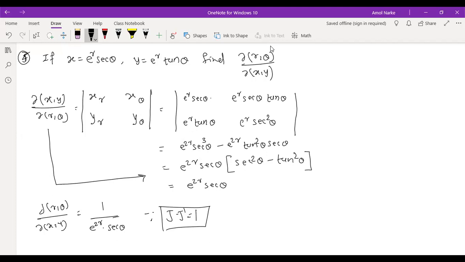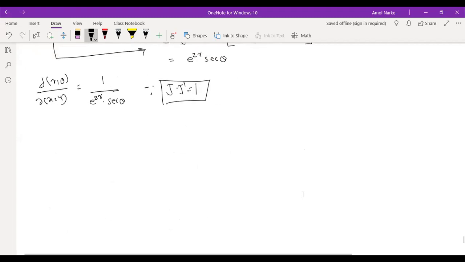We will take 4-5 examples and understand in a proper way. The important thing is that you need to convert r and theta in terms of x and y, then only you can find this term. Then you apply j into j dash is always 1, so you can get its reciprocal easily. I will give you 1-2 examples as homework, then we will go for the next point on the same thing. Write down the homework example.